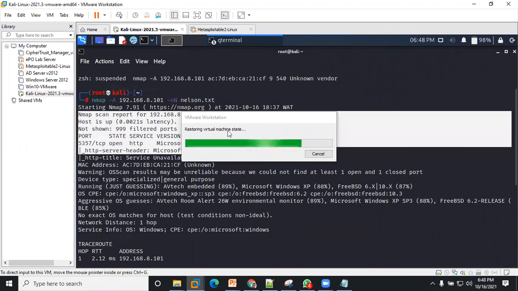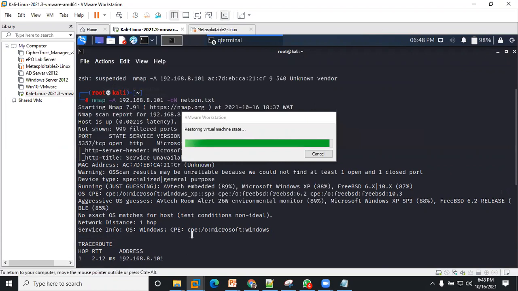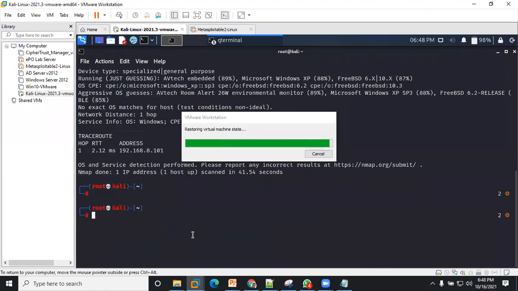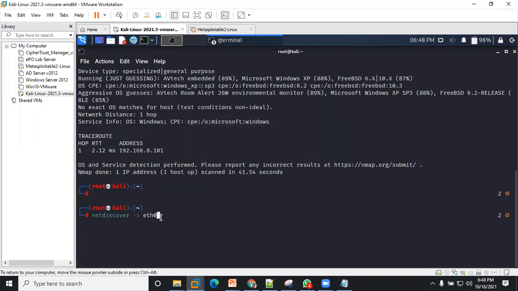So once you set up your Metasploitable, you turn it on. The first thing you use is NetDiscover. Don't forget NetDiscover, with -i, then the interface eth0, right? It will scan your interface to check for all the IP addresses. So if you're using a modem, all devices connected to that modem, it will scan and discover them. Once you discover those IP addresses, locate the one that is for the Metasploitable, then run an Nmap scan.